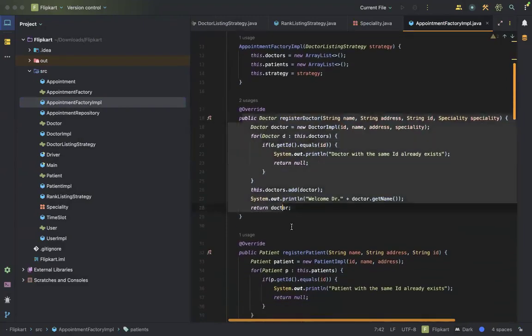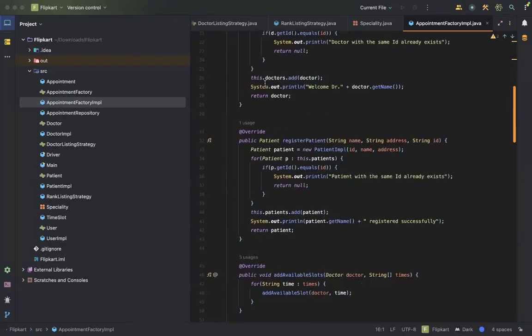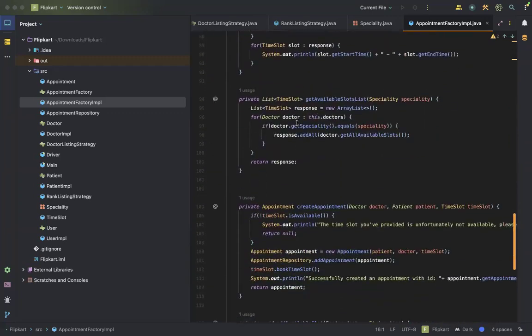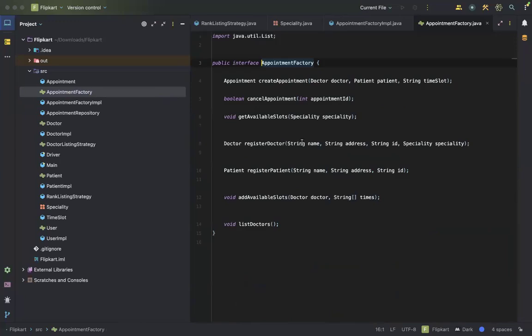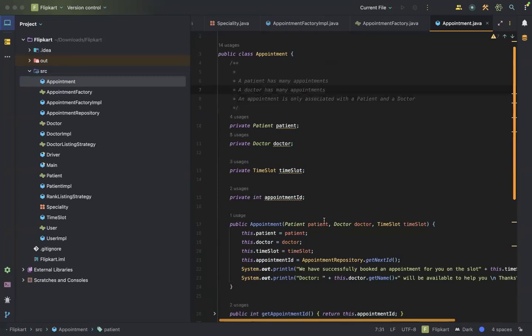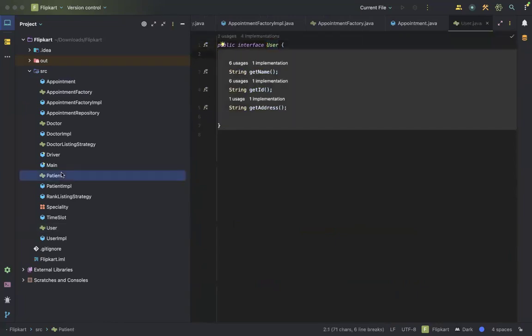ठीक है। अपॉइंटमेंट फैक्ट्री, यहाँ पे अपॉइंटमेंट क्रिएट करने का एल्गोरिदम था, ये एक फैक्ट्री पैटर्न लगा लो, मैंने इम्पोज ही कर दिया था। तुम नहीं भी फैक्ट्री करके लिखोगे तब भी तुम बना फैक्ट्री ही रहे हो। ठीक है। तो यहाँ पे सारा एल्गोरिदम डाला था अपॉइंटमेंट फैक्ट्री की। ये तुम्हारी इंटरफेस, ये तुम्हारी क्लास। इंटरफेसेस किस लिए? एब्स्ट्रैक्शन के लिए। ठीक है। सेम चीज यूजर के लिए, देखो यूजर का एक इंटरफेस है।